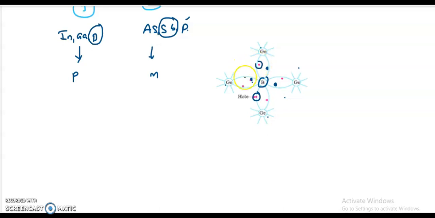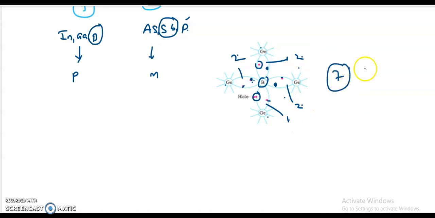Say it is 1 valence electron of the germanium, it is 1, it is 1 and it is 1. That means while coming to the boron, on this side 2 valence electrons and here 2 and here 2, but here only 1 valence electron is there, that is recorded for the germanium, but here there is no electron from the boron. Why? Because boron is trivalent, it must have only 3 valence electrons. So now totally how many valence electrons are there, including the shared ones? The total is 2 plus 2 plus 2 plus 1, that is a total of 7 valence